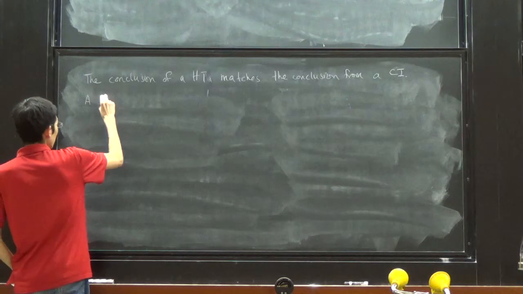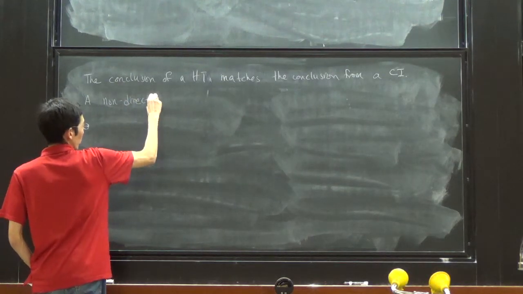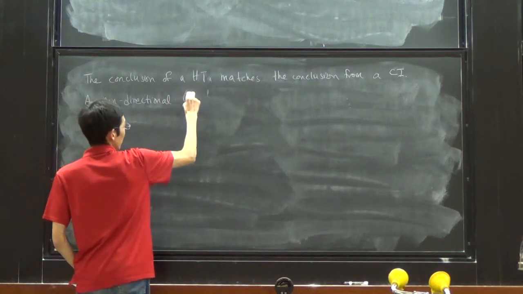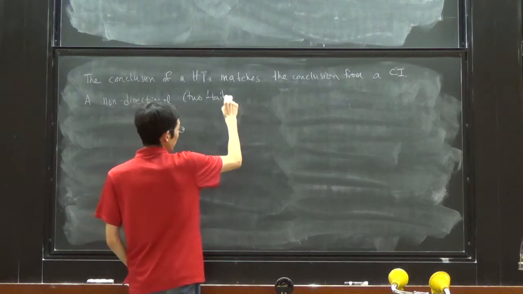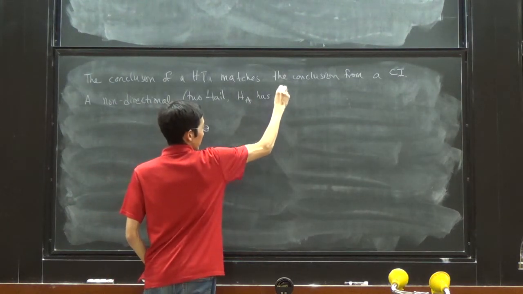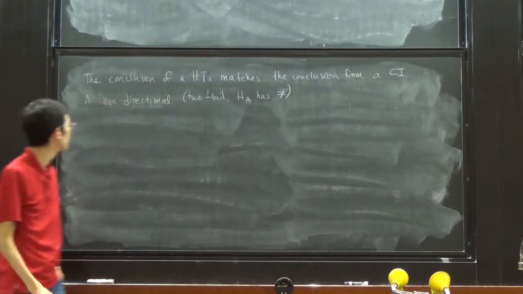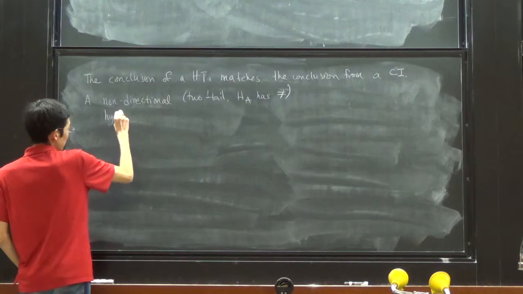A non-directional, or two-tail, hypothesis test, meaning the alternative has a not equal sign in it, or t-test,